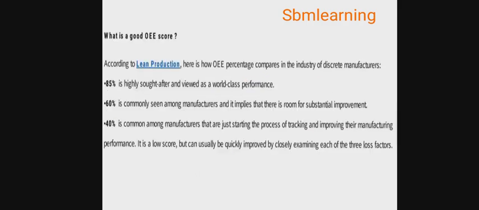Next, what does a good company score in OE? 85% is world class performance of OE percentage. If we are scoring OE greater than 85%, it means we are a world class organization. If we are nearing about 60%, then we are a common organization, in the average range of OE organizations. And 40% is for a company which has just started OE to calculate and see the losses and eliminate them. They normally get 40% OE, which is a normal, starting or small scale organization.